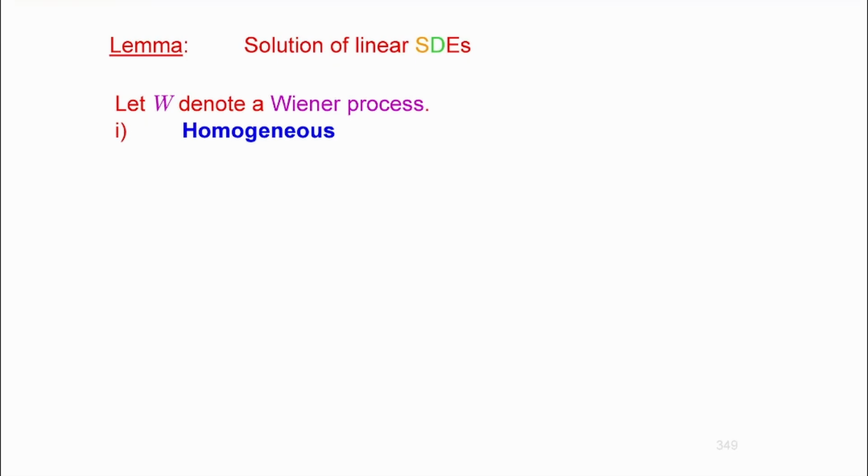There is going to be a homogeneous version, and there is going to be an inhomogeneous version. First off, I'm going to look at the homogeneous version of the linear stochastic differential equation. So that's going to look like this. Check it out. For a homogeneous version, what does that mean? This means that you only have multiplicative functions, but no additive functions yet. I'm starting with the multiplicative versions because it's much easier.